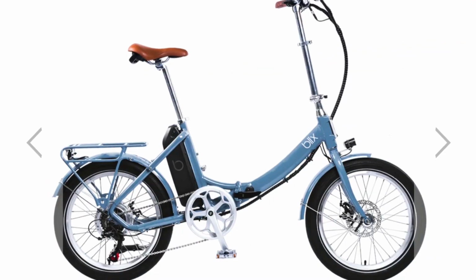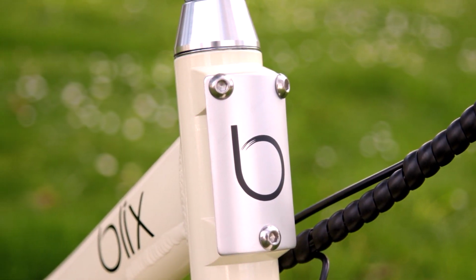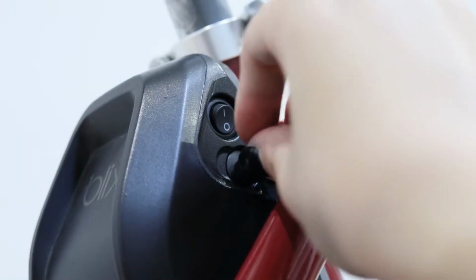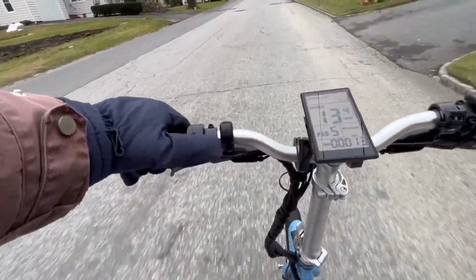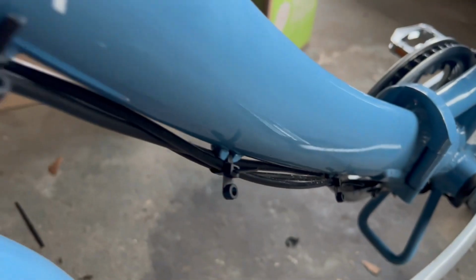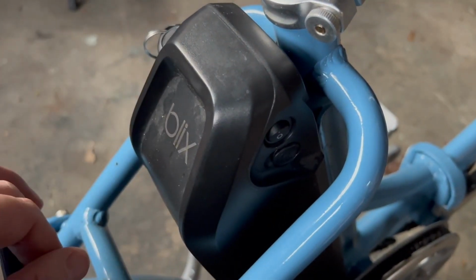Equipped with both pedal assist and throttle, this bike provides seamless electric assistance, allowing riders to effortlessly conquer hills and long distances. Powered by a 250-watt, nominally rated planetary geared hub motor, the Vika Plus ensures efficient and reliable performance on every ride. Whether navigating city streets or exploring scenic trails, this bike offers versatility and adaptability to various riding conditions and terrains. The Vika Plus folds down to 36 by 21 by 28.5 inches,